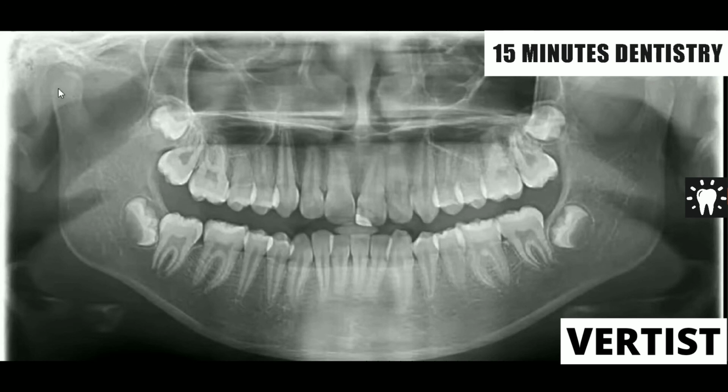From here you see the condyle, you see the glenoid fossa, you see the coronoid, you see the ramus, you see the angle, you see the complete dentition, all the teeth. You can see the impacted teeth here. It is used for age assessment also. You can see there is an incomplete root formation of the third molar and the second molar. So you can say the patient's age may be after 12 and before 18, because the tooth has erupted, but still the root formation is not complete. So for age assessment in forensic odontology also, this technique will